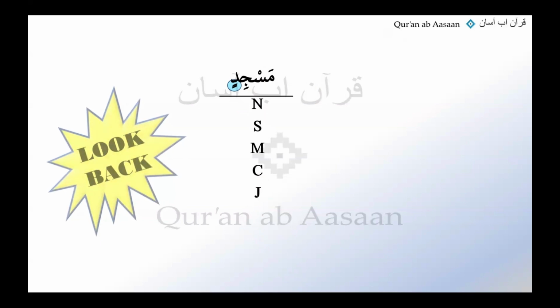But if there was to be a harfe jar, then what's the next thing you do? Because of ila? Not yet. If you just go back one step here, ila masjidin, now is it one word or two words? It's two words. So after coloring, what's the next thing we do for two words? We dissect at ila, then we analyze ila. So we write harfe jar here, and then what's the next thing to do? Now we know the reason of masjidin to be in jar is because of ila. So instead of putting in the question mark, we will write because of ila.